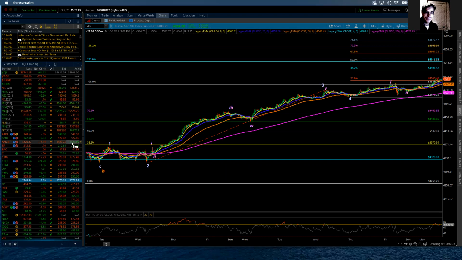Amazon's also now moving up. Apple pulled back, maybe down a little bit. But Amazon, Google, and Microsoft all seem to be benefiting a little bit from Facebook's earnings this afternoon. In any case, tomorrow, I would expect that pullbacks are going to be shallow, but as I say that, the